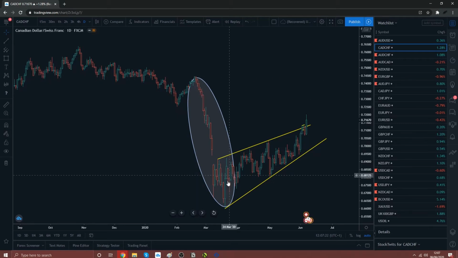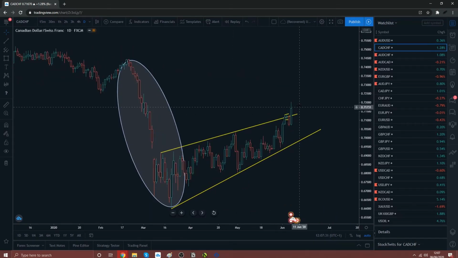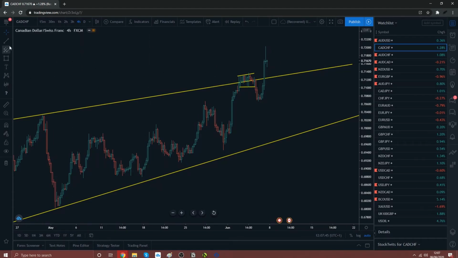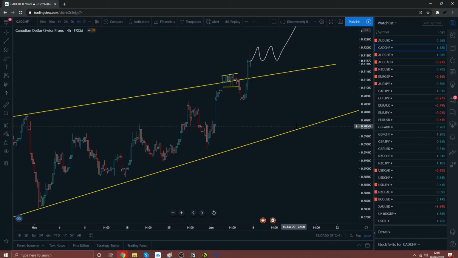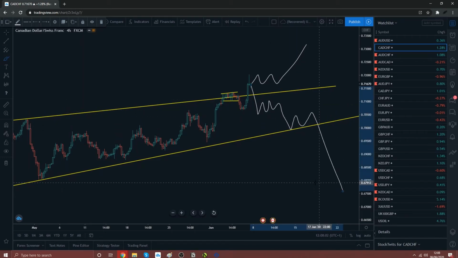I would imagine partly most of this was to do with oil, the big sell-off in oil prices. Again, this is an interesting one because it seems like we're impulsing out of this corrective channel now to the upside, so it'll be interesting to see whether we get some sort of price action like this where it corrects and then moves higher,